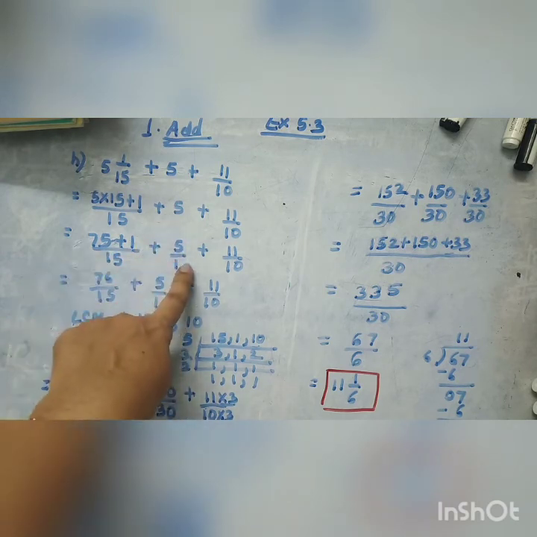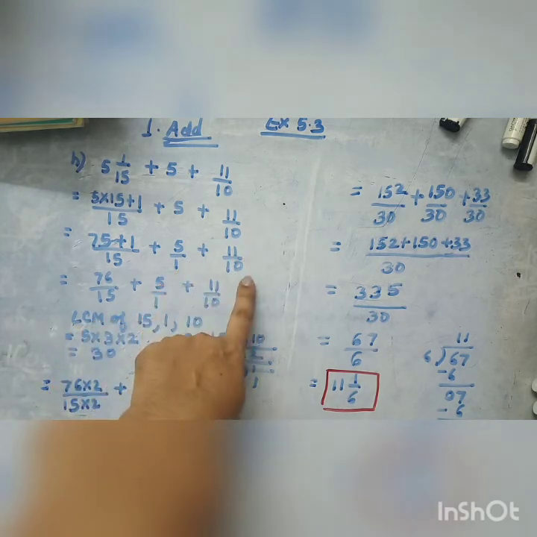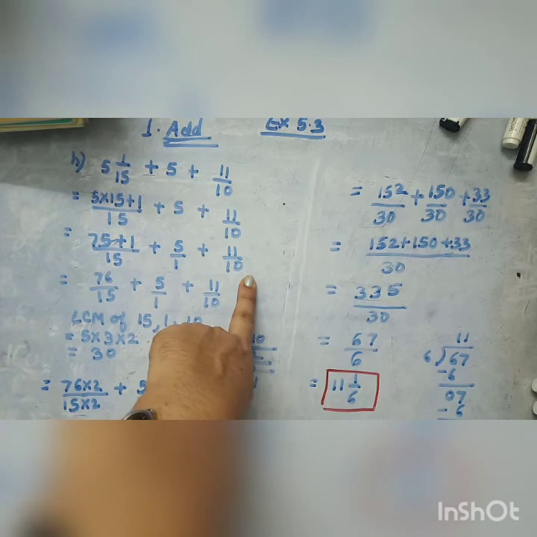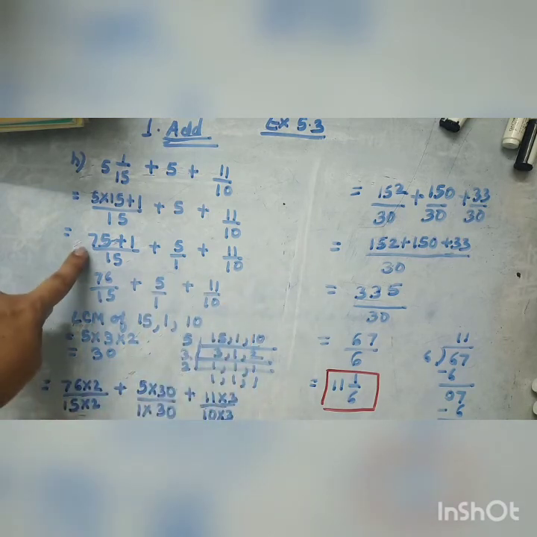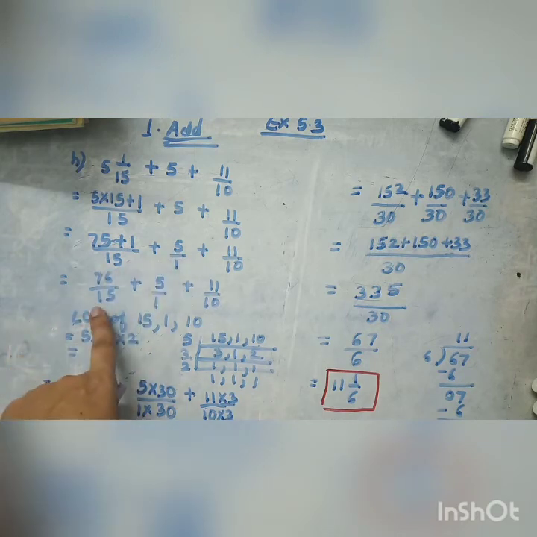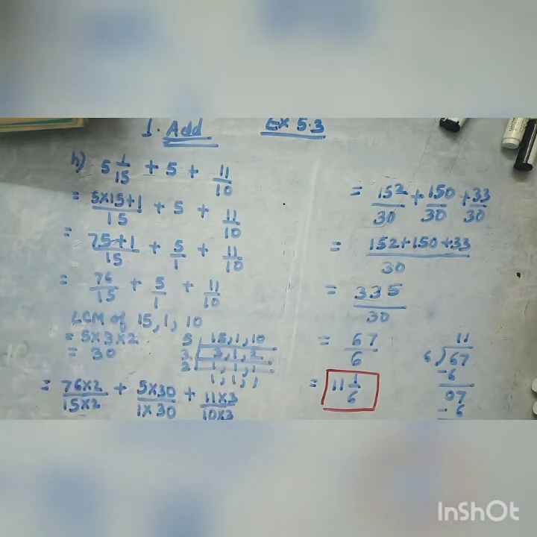ये 5 को हम 5/1 लिख सकते हैं, ये मैंने आपको पहले भी बताया था। ठीक है। तो अब ये ऐसा ही लिखना है जैसे कि था। उसके बाद देखिए यहाँ पे 76/15 आ चुका है और देखिए ये तीनों फ्रैक्शनल नंबर अब आपके आ चुके हैं। अब आप क्या करोगे, सिमिलर मेथड यूज़ करोगे, एलसीएम निकालोगे सब डिनोमिनेटर्स का। तो देखिए मैंने एलसीएम निकाल लिया है और एलसीएम निकालने के बाद हमारा आंसर आया है 30।